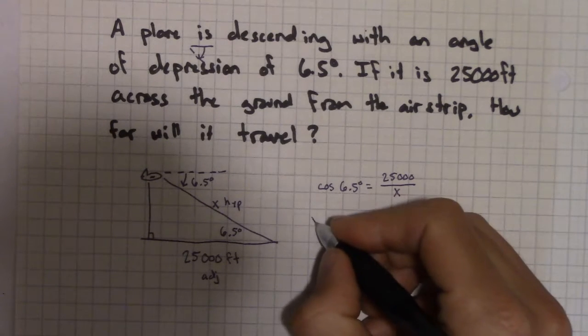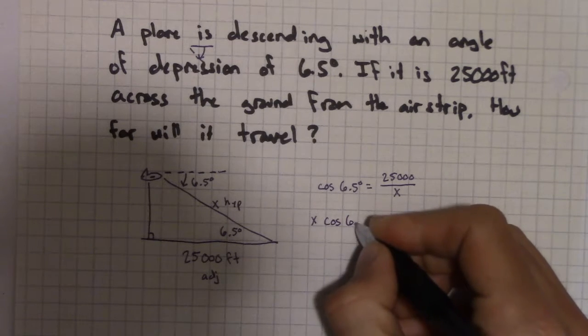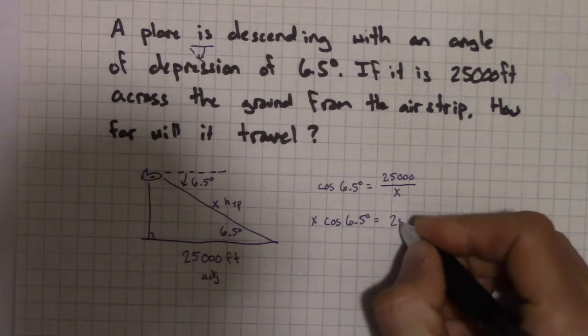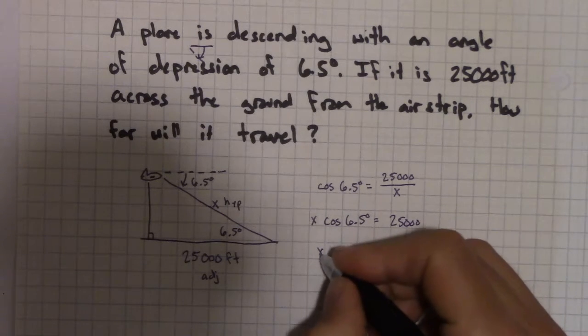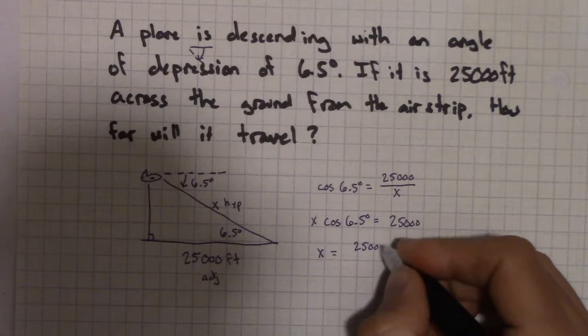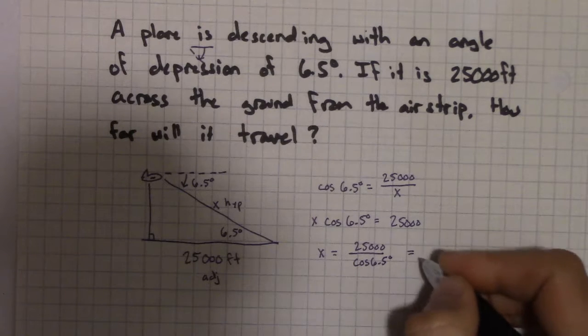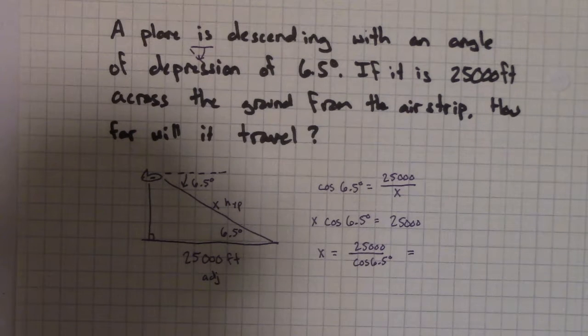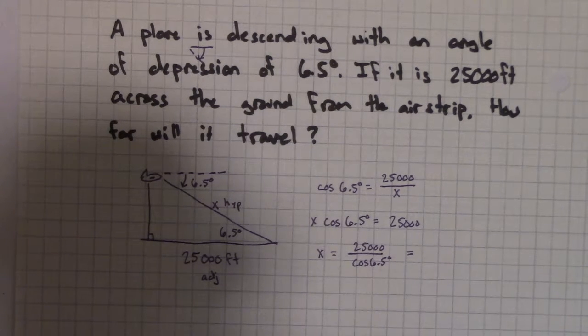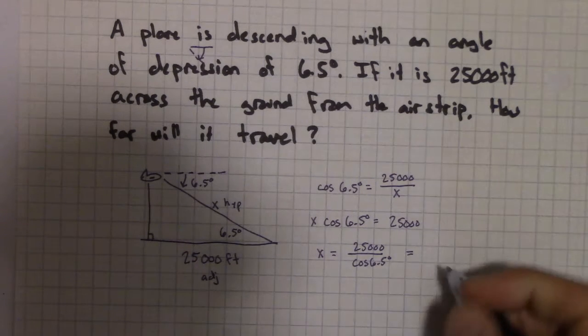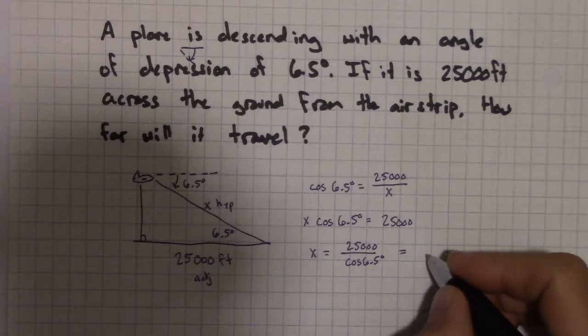I'm going to multiply both sides by X. I get X cosine 6.5 degrees is equal to 25,000. I'm going to divide both by cosine, so I get 25,000 over cosine of 6.5 degrees. And if you plug that in, we get 25,000 divide cosine 6.5. And we get that our hypotenuse is,